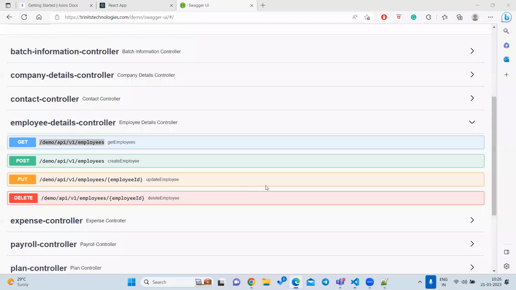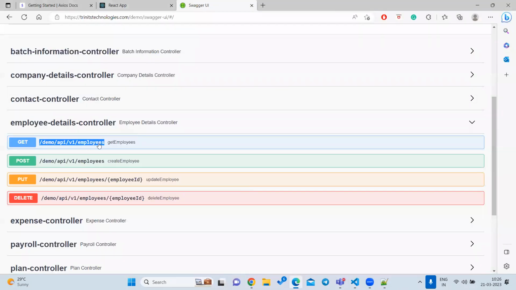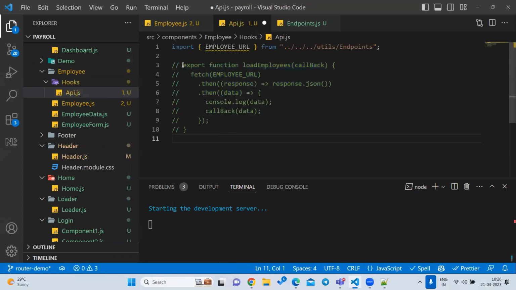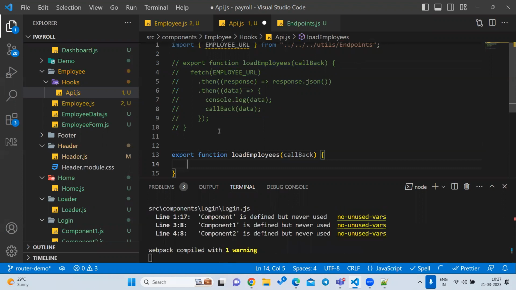Okay, so here we know that if you want to load the data, how many methods are there? Get, post, put, delete. Four methods are there, right? Let us try to do one by one. Here, whatever the data is there, let me just comment out, and I will write the same new functionality using the